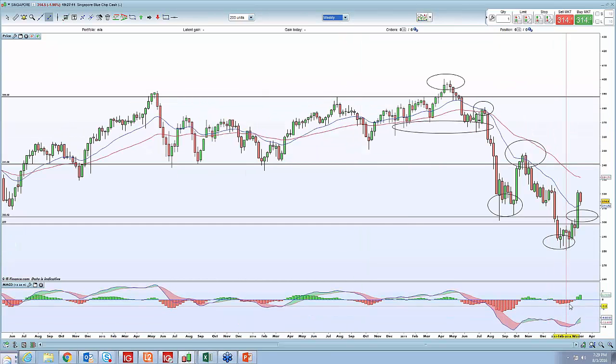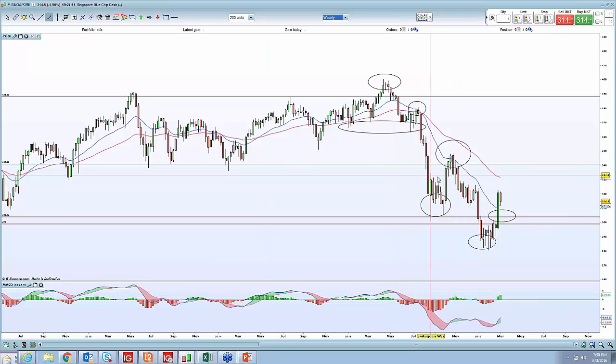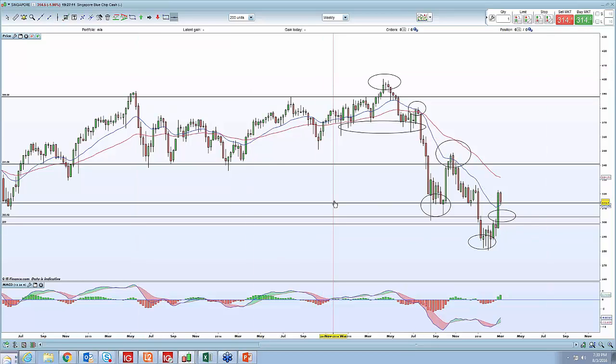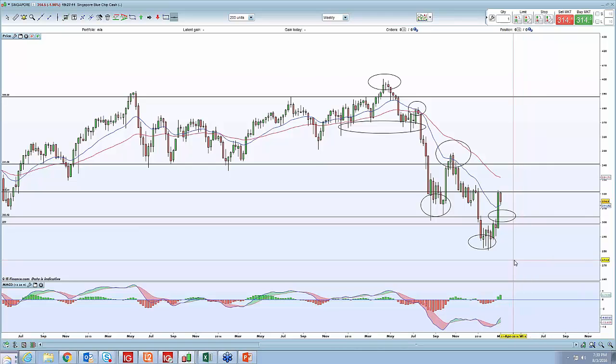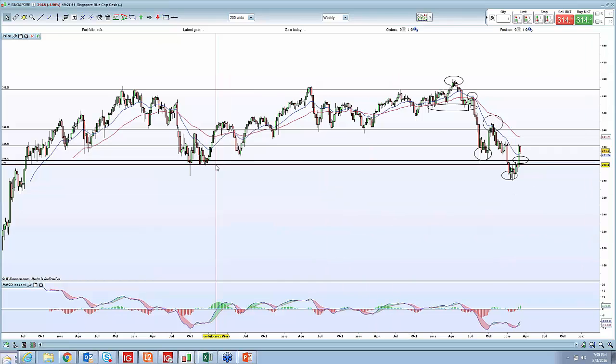So on the Singapore Blue Chip chart, if you look at the price action, the key swings are here. This is a key level as well, here, this 320. We have made a complete reversal from the bottom here. If I zoom out a bit on the weekly chart, if you look at this 300 level, this 300 level was breached in February, which led me to believe that we are in very bearish territory because we broke a key support level that has not been broken since